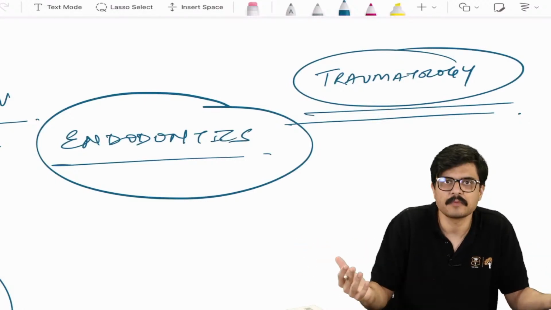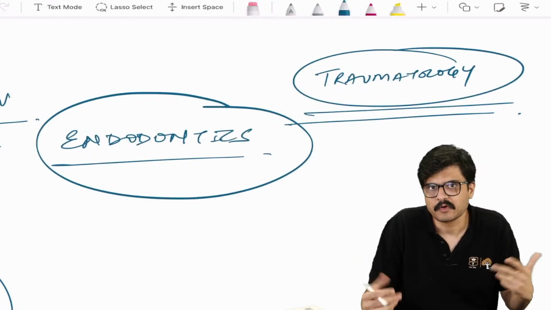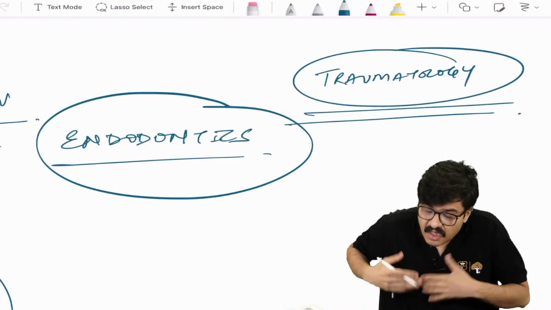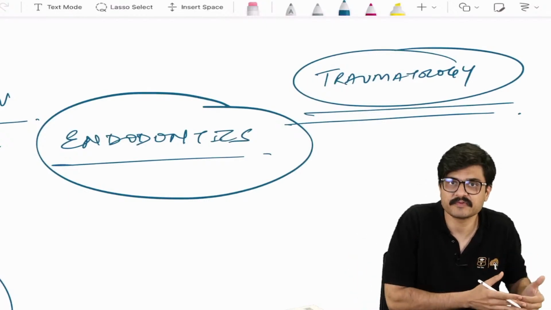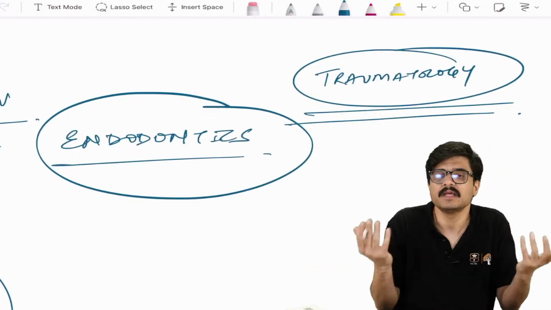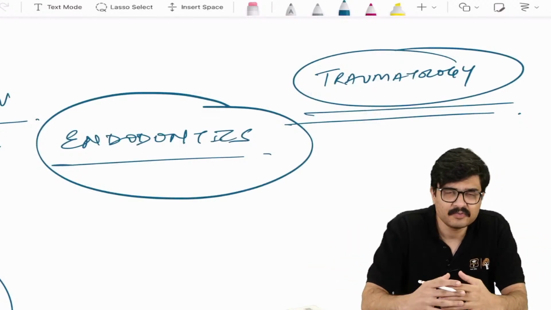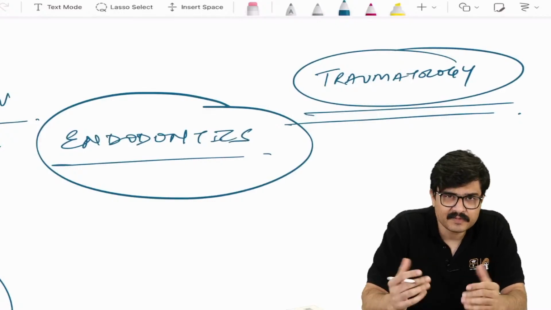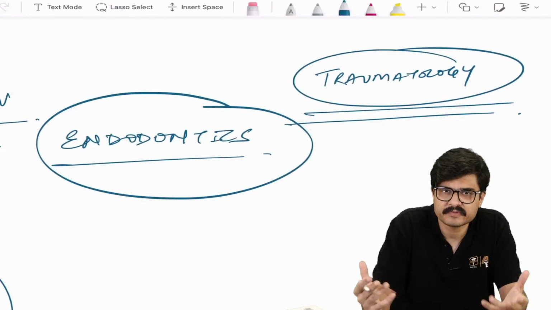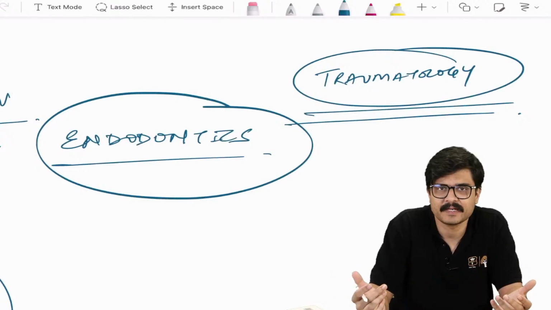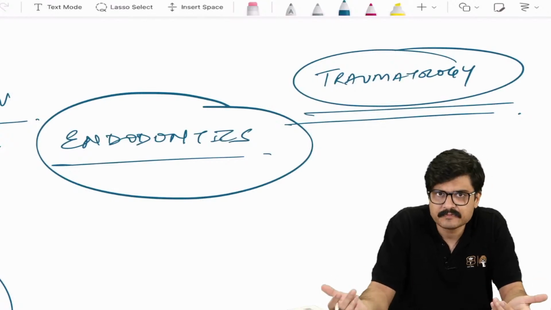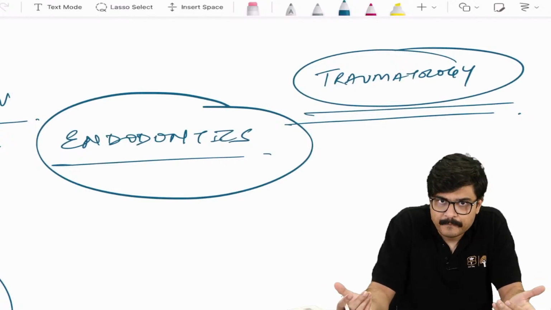Most common form of root resorption following an avulsion injury: replacement resorption or inflammatory root resorption? Answer is inflammatory. Yes, replacement resorption, ankylosis does take place, but it is always preceded by inflammatory root resorption. And you cannot stay in conflict with that one golden line, that the most common type of root resorption following any type of traumatic dental injury is inflammatory root resorption. And avulsion is a type of traumatic dental injury, right?